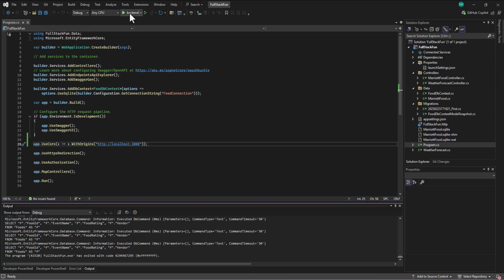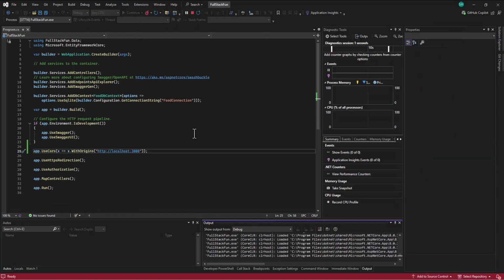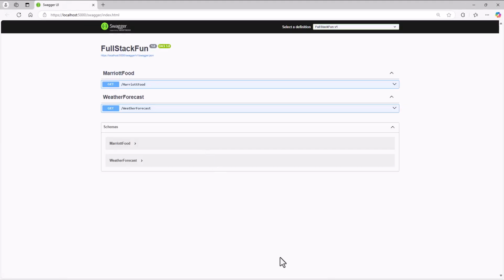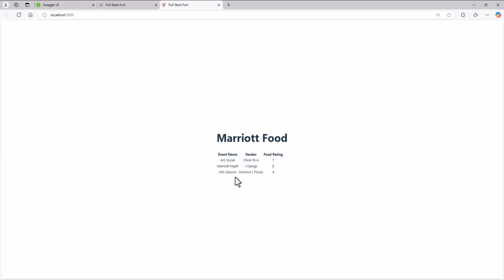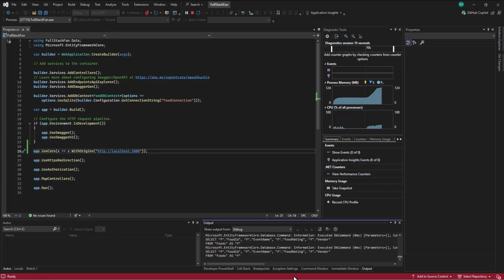So I'll run the back end again. Get that up and running. Okay, now to the front end. I never stopped it from running. So let's go click on this to follow the link. And sure enough, we get our data. But if I go look at the server now,